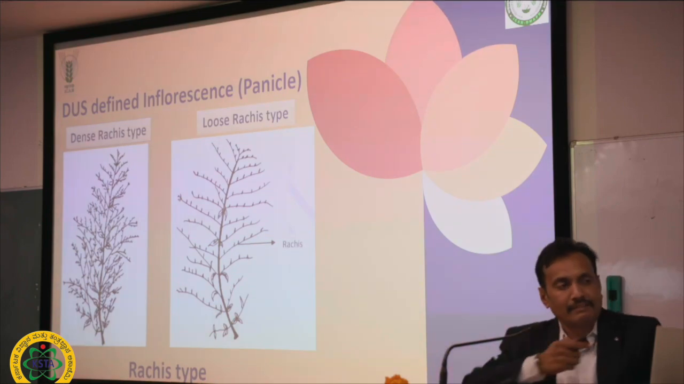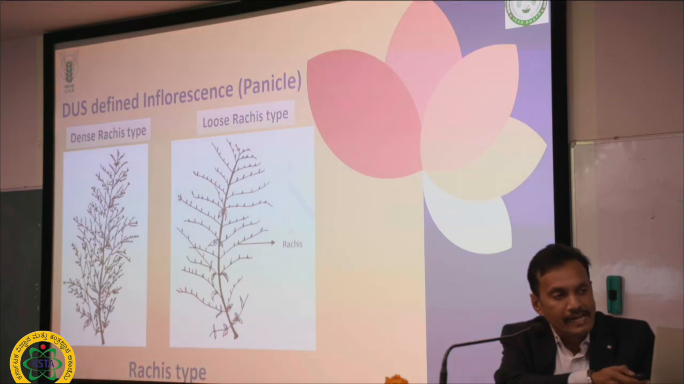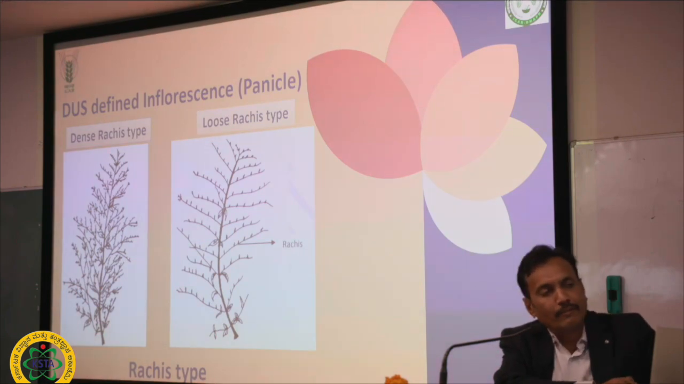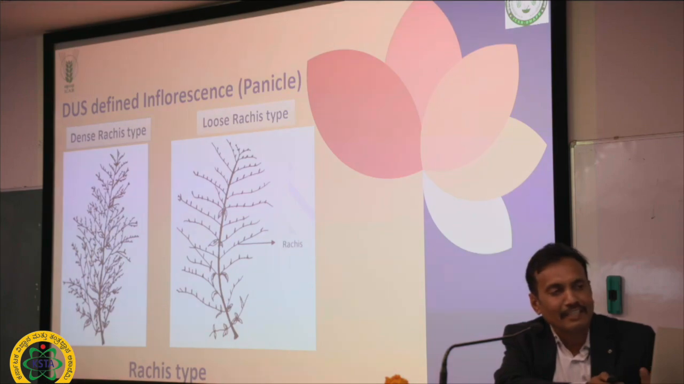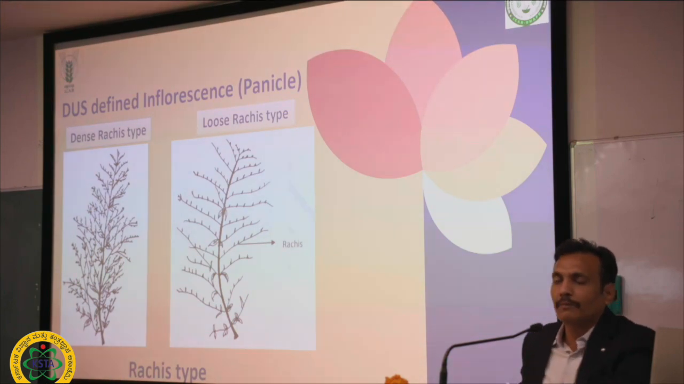As I said, DUS descriptors. This crop has DUS descriptors, and the rachis types are dense rachis, or else it may have loose rachis, and the inflorescence is panicle type as per the DUS descriptors of this crop. But